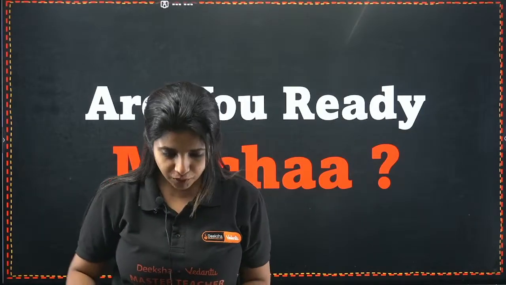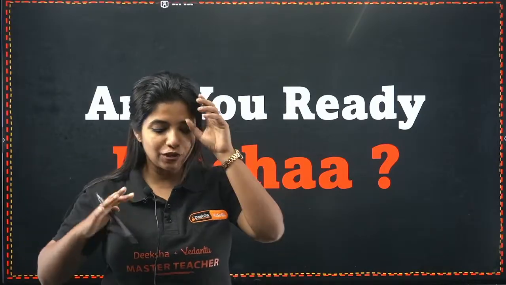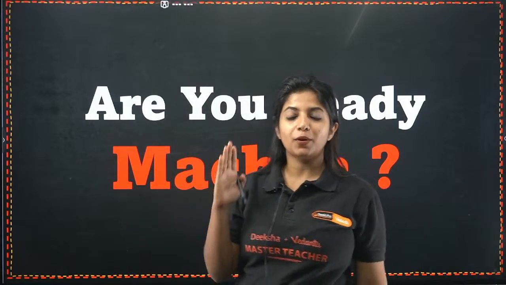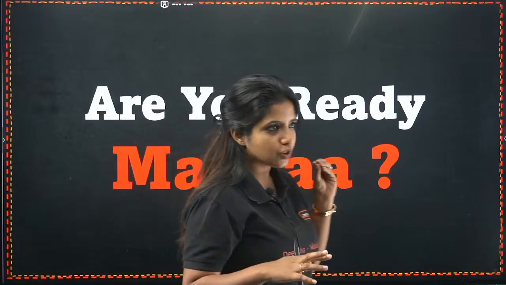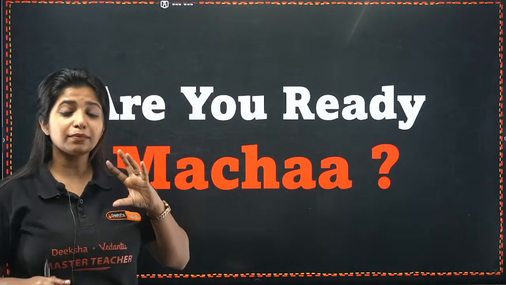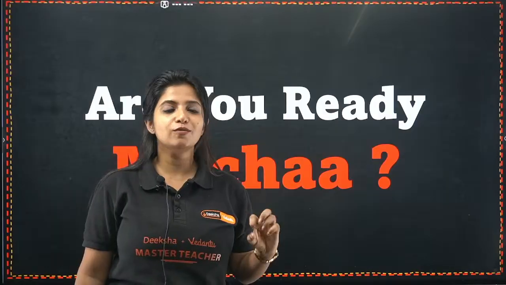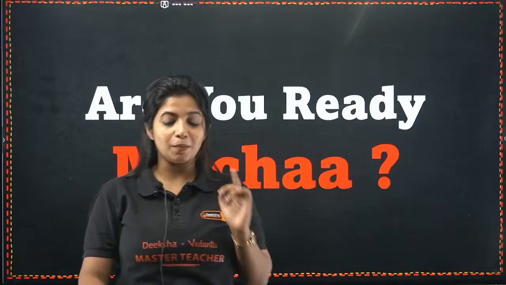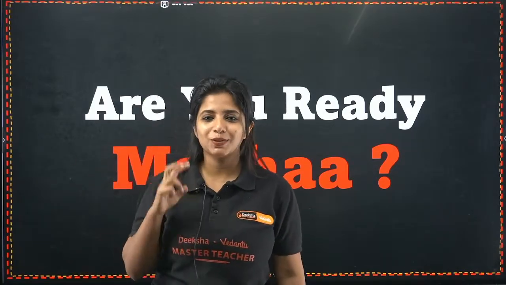Cool. So while children come, let's start off this particular session. Before this, I have done 3 live lectures on the same chapter, that is sexual reproduction in flowering plants. The first part was about the male reproductive system. I spoke about everything, the microsporogenesis, the formation of male gametophyte, that is your pollen grain. In the second session, I spoke about megasporogenesis, the female reproductive part, how megaspores are produced, how the embryo sac is formed, and double fertilization. Double fertilization was dealt with in the second session.